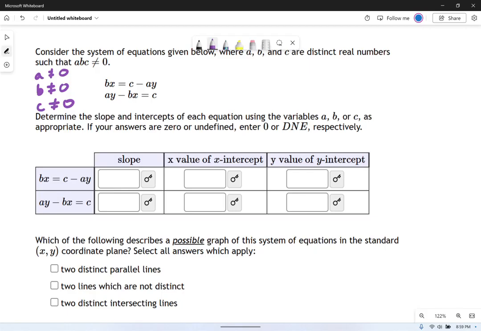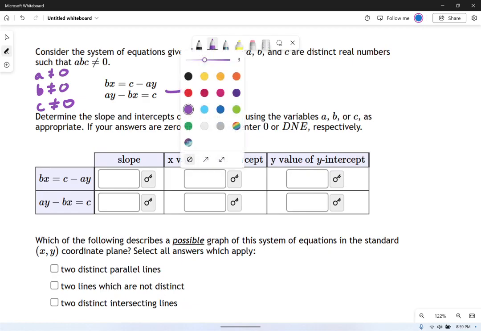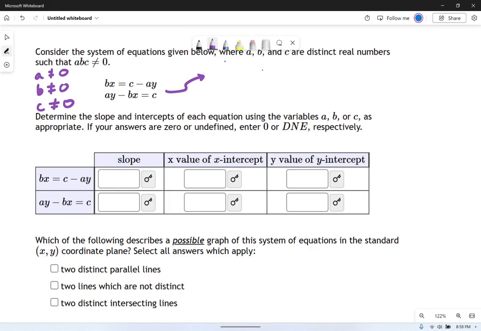They're non-zero numbers. Clue number 2, we have to get from rearranging these equations. I'm going to just talk about the first one right here. I'm going to show you how I rearrange this, and then you can do something similar for yours. Okay, so bx equals c minus ay. I'm going to add ay to each side. I'm going to subtract bx from each side. I get this. It's the same thing. I just rearranged it a little bit. And then I rearrange it a little more by dividing each side by a. And I do that so that I can have slope-intercept form. This equation right here at the bottom is the equivalent of that top equation.